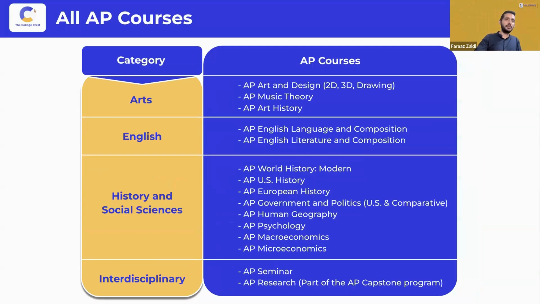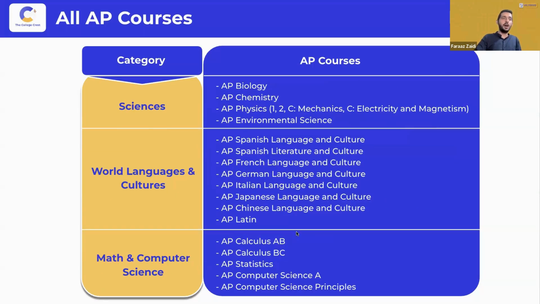Now, at the same time, even though this is put in your history and social sciences, kids who have a good interest in maths, and economics is a maths-based subject, could also be looking at these two APs. Along with that, you have a whole list of opportunities for all of those students who have been learning a third language over the years. Just to put an example, AP German is equivalent to almost German B2 if you have been studying the direct German course from the counselor. Now, these are the various opportunities that you do have in terms of selecting various APs.